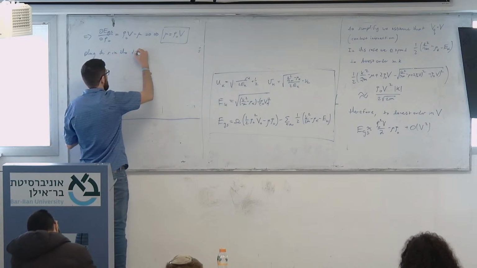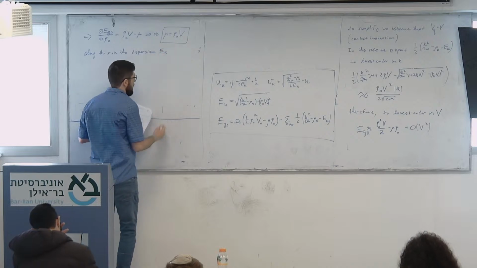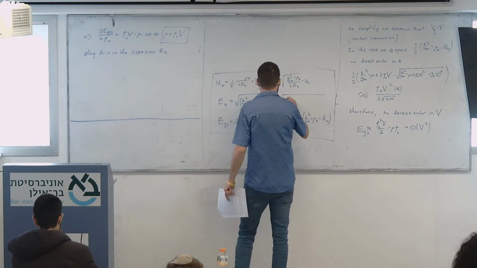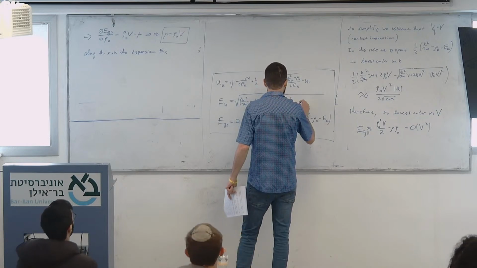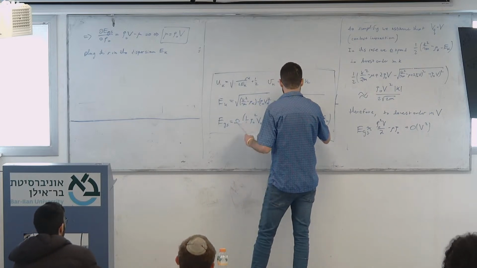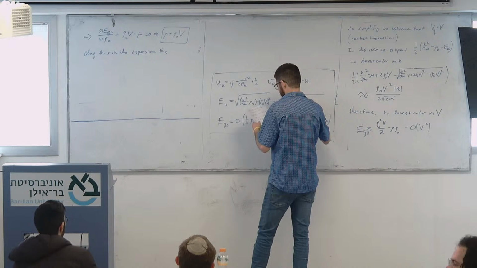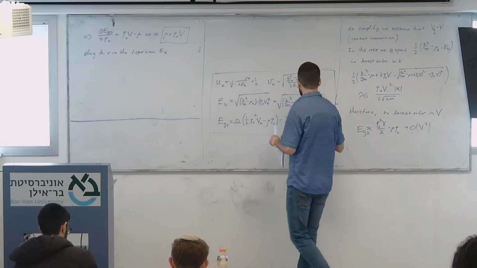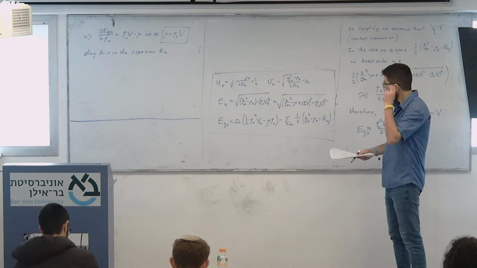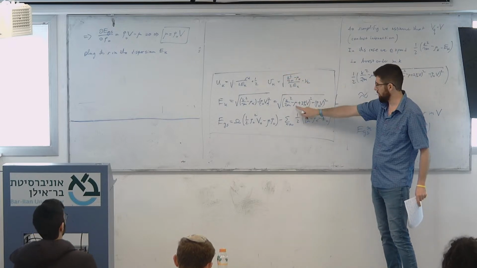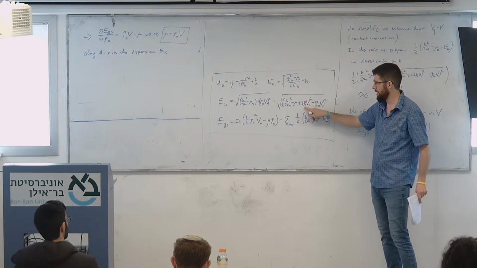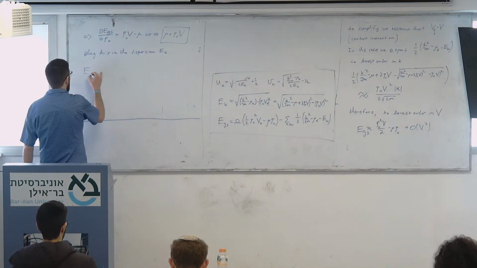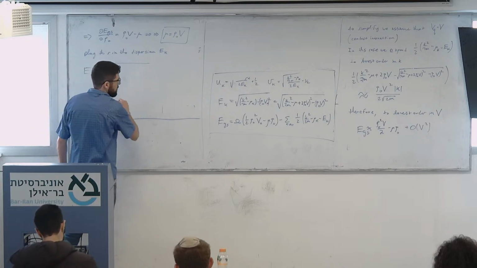in the dispersion E of k. Look at E of k here. I remind you that mu, in this case, this becomes k squared over 2m minus mu plus 2 times rho naught v, minus rho naught v squared, and this whole thing is squared. So if mu is equal to rho naught v, like it's written over there, then this and this cancel, and we have k squared plus rho naught v, and then minus rho naught v outside. So what we get is e_k is equal to square root of